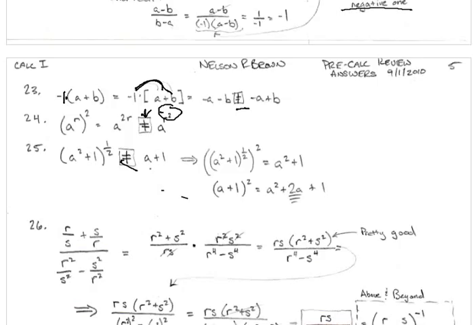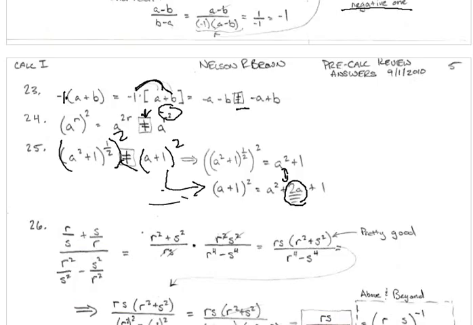Do the same thing on the other side: square a plus 1, and if you do that, you get a squared plus 2a plus 1. So there's this missing term of 2a between these two things. We squared the left-hand side, and we squared the right-hand side, so we did the same operation, and the two things that we get out should be equal, but they're not,